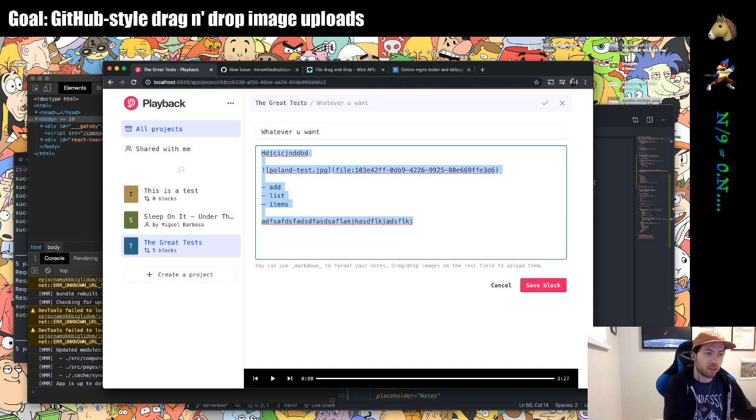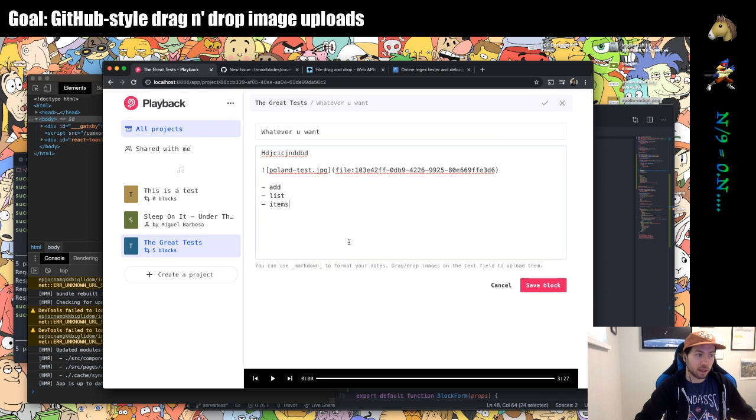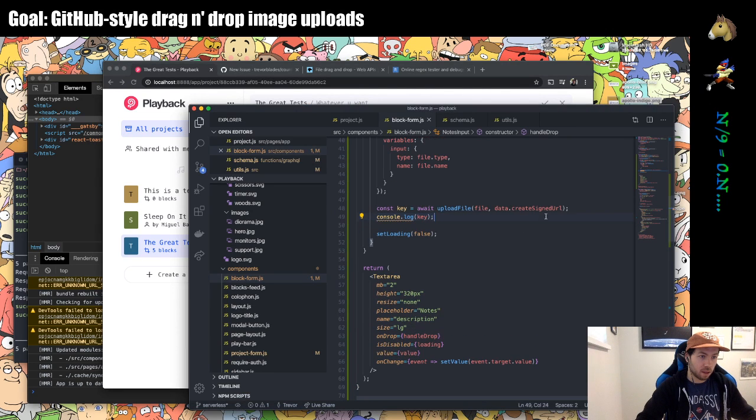And everything works as it did before, except now the big difference is within my handle drop function, I can actually affect the value of the input directly, whereas before I couldn't because there was no way for me to mutate that value outside of actually typing in the text field. So